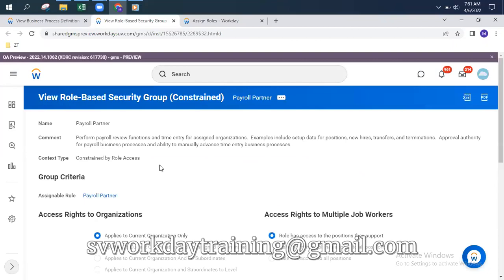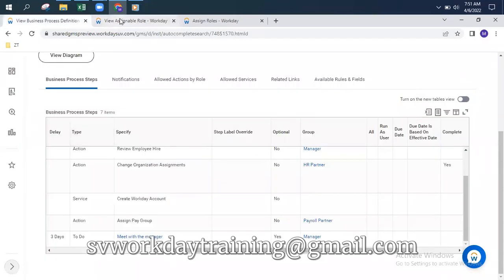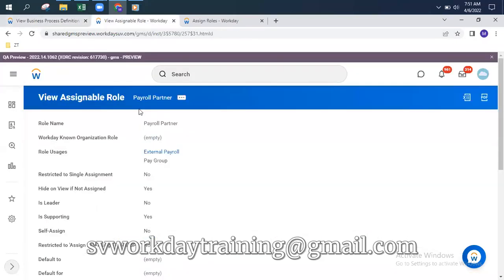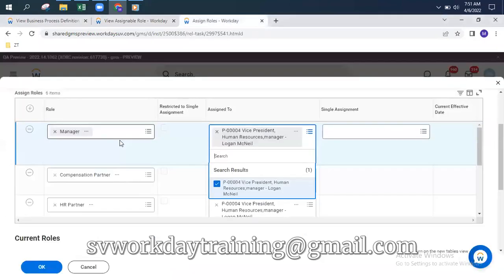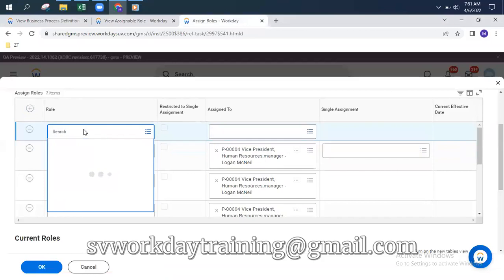See, it clearly states that this is a constrained payroll partner. Assignment will show under payroll partner, and it tells me that I can assign this payroll partner on pay groups. So even if I'm looking for payroll partner here, let's suppose I want to assign, because I'm using payroll partner,